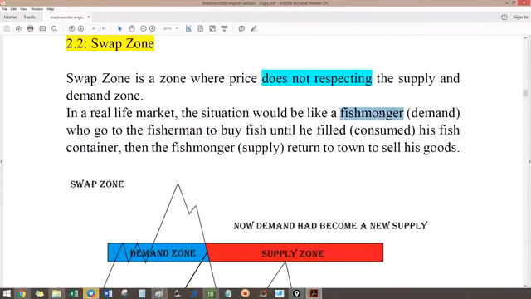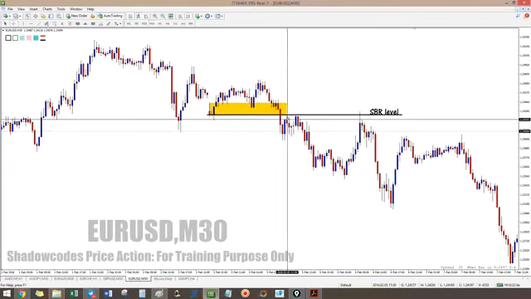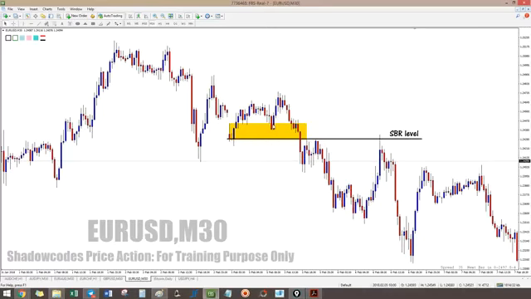So this fishmonger is a demand, is a buyer, but he is also a seller. Okay, he is an important person because he can support this level, support price. Okay, this demand level does its job to push price up, but eventually breaks. Okay, so when it returns back, it can still be usable as a